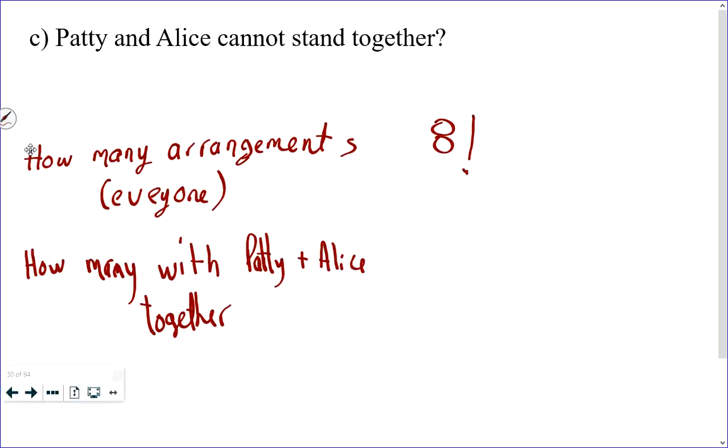Well, do you see that fundamentally this is the same as the first question here with Joan and Emily? Wasn't it 10,080? So it was 7 factorial. I mean, Alice and Patty are treated as one individual, so now we're arranging 7 items instead of 8, and then times 2 factorial. So I would like you now to appreciate something that's fundamental to solving this problem. There's only 2 possibilities with regards to Patty and Alice. They are either going to be standing next to each other or not. So the way I like to explain this is, whatever 8 factorial is,